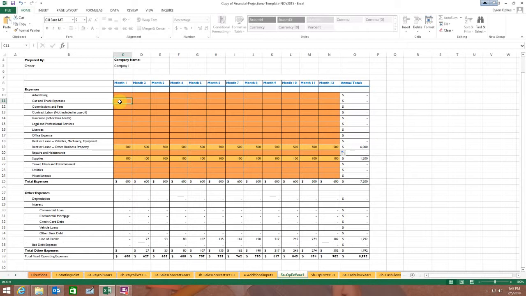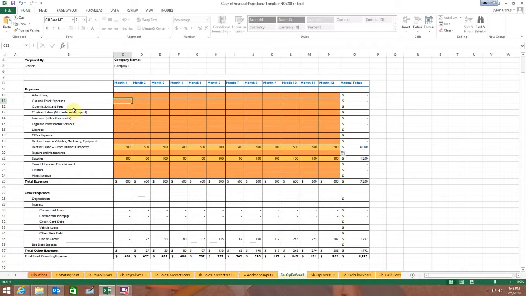If you've in fact purchased a vehicle, your car and truck expenses are going to be the gas that you'd buy on a monthly basis, and maybe every 6 months you have to change the oil, so you might add an extra $50 for that. Those types of things. If you're not purchasing a vehicle but you're going to use one, think of that as mileage. And the government right now, it's around 50 cents. So if you thought you were going to put 200 miles per month on your personal vehicle, but the business needs to pay for that, then the business should reimburse you for $100 a month. Okay, 50 cents times the 200, so $100 a month is what it would be.